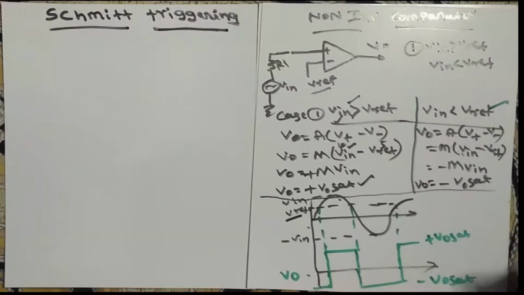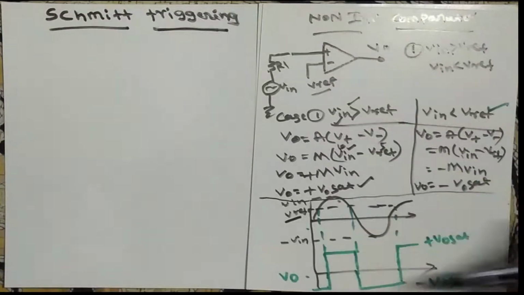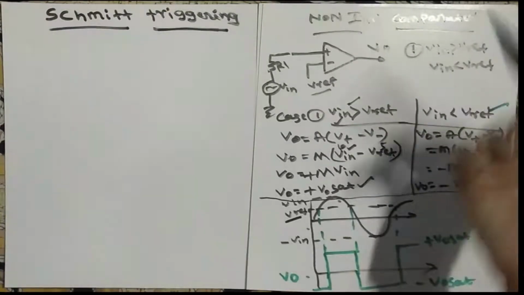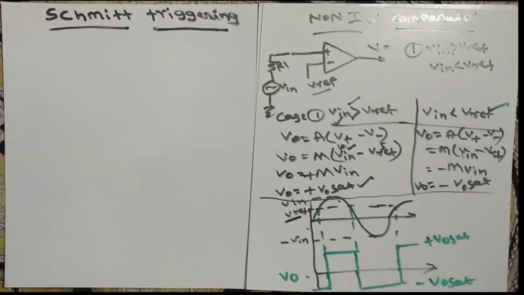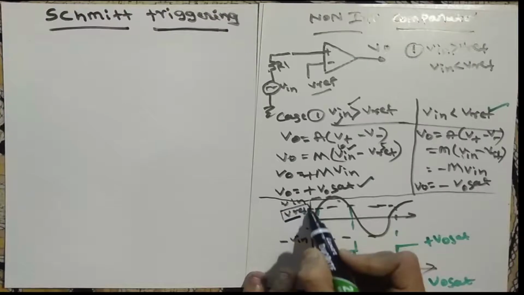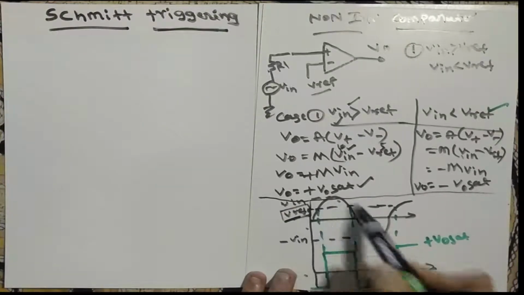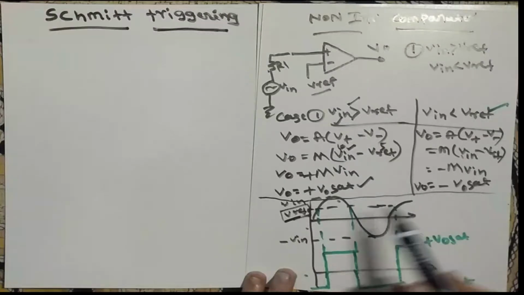I have to get positive or negative. The above portion I may be getting positive, or the below portion negative. That is left to you, depending upon non-inverter or inverter. Anyway, the V reference is a key point where we decide at which point it interacts with your input value, and that particular value changes from one value to another.